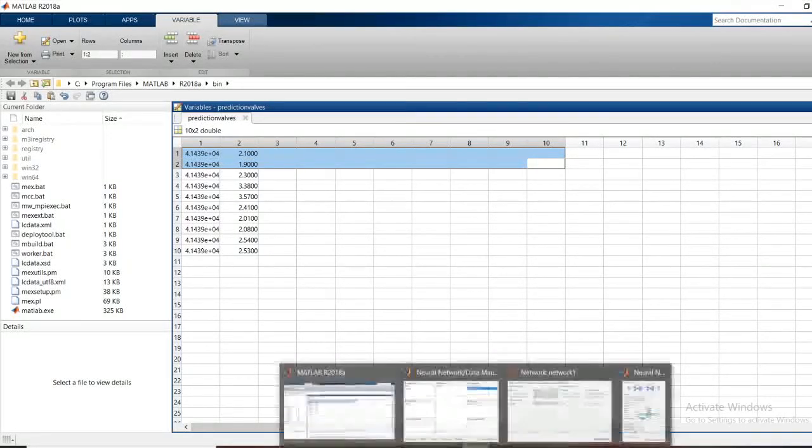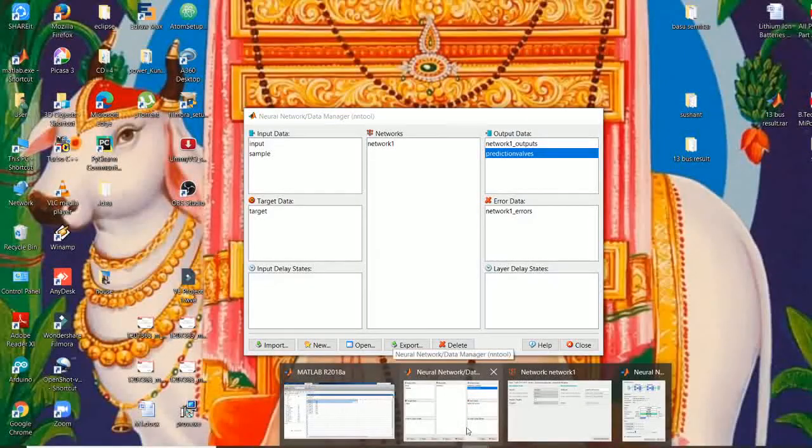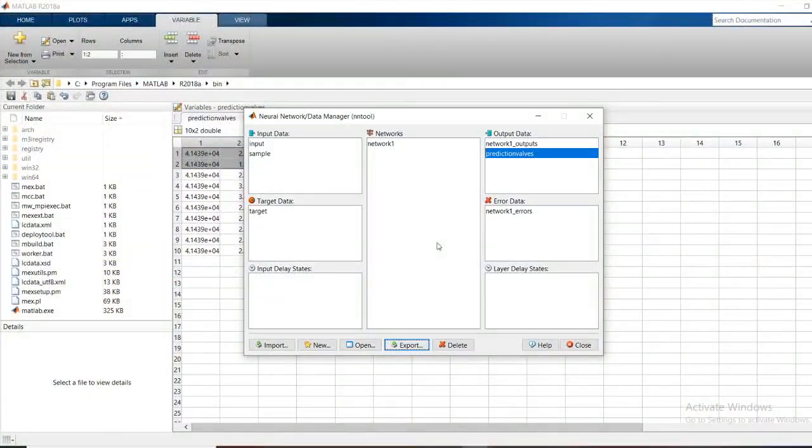Like this, we can predict the data in the neural network toolbox. This neural network toolbox has been implemented in MATLAB from 2010b. It is very simple to use. No coding is required, but to get accuracy and good predicted values, you need to train your sample again and again so that you get good results.